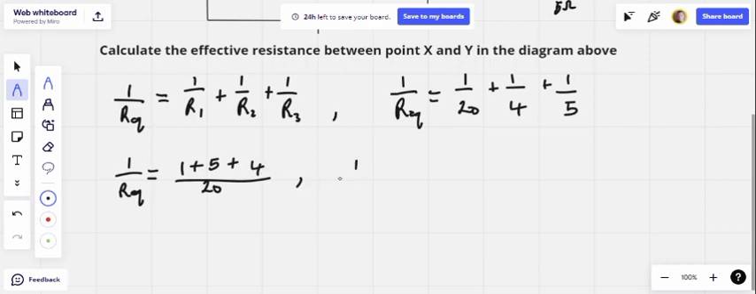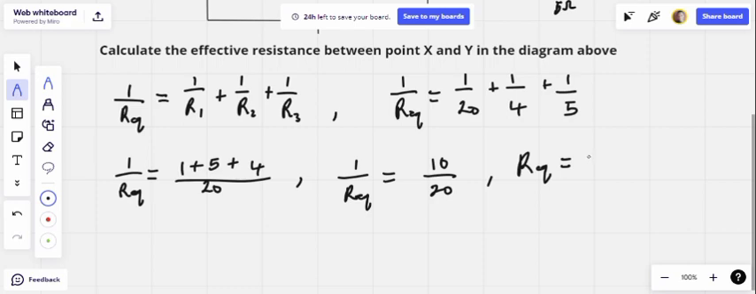Okay, so we now have 1 over R equivalent equals, we add the numerators. 1 plus 5 is 6, plus 4, 10. That will be 10 over 20. Then we take the reciprocal of both sides. When we take the reciprocal, that's we take the denominator to the numerator and the numerator to the denominator, both sides. So this would be R